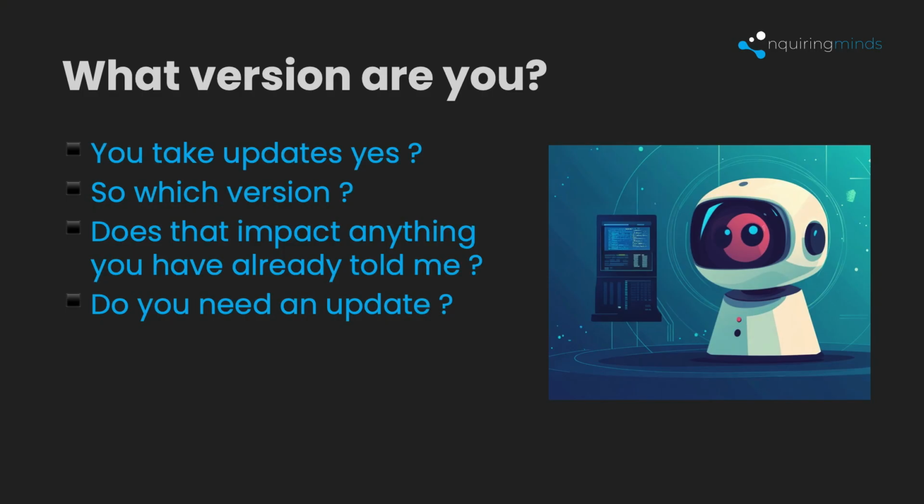Then, what version are you? So what's the difference here? Well, this is software. The PSTI regulations say you've got to keep things updated. You've got to make sure you can update the software. So, can you take updates? Well, we'd hope yes, because that's good security practice. So which version are you now? As far as I know, there's no real strong interoperable method of being able to investigate that reliably, remotely. But if you can't do it directly, you need to be able to do it indirectly. And how does that impact anything you might have already told me if I've changed? And do you need an update?